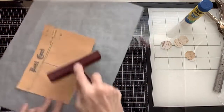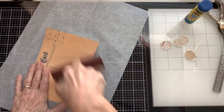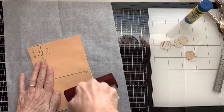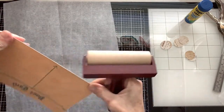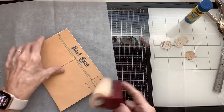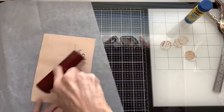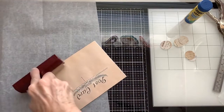But I don't think I should have tried this Oohoo glue my first time on video, but it works pretty good. Seems to be. And it's okay if you don't line it up perfectly. You can ink that edge, or you can just trim that teeny tiny bit off. It's not going to make or break a thing. You just want to make sure that all your cards are...